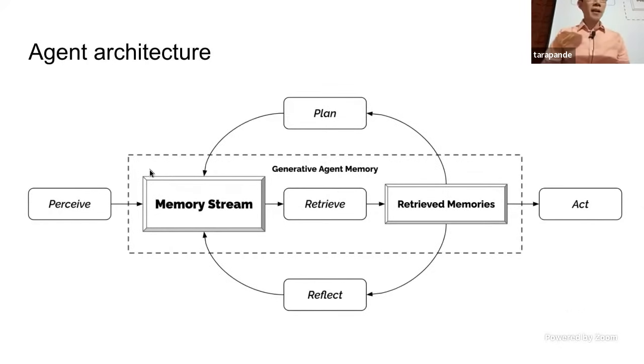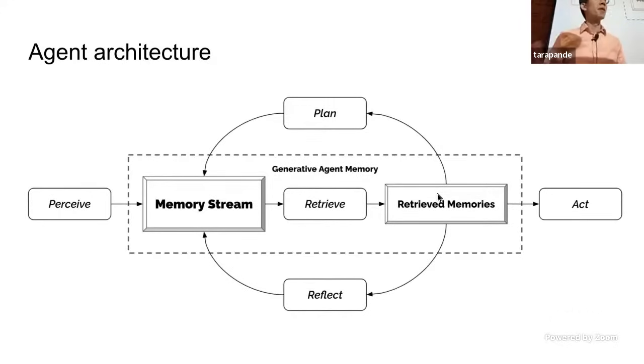So an agent takes observations from the real world, it perceives them, and adds them to a memory stream. A memory stream is going to be something that records everything that has happened so far. And because it's a digital agent, there's no reason to forget. It simply stores everything. So now it stores too much. Now you need to retrieve the relevant memories, and that gives you a piece of context that you can use